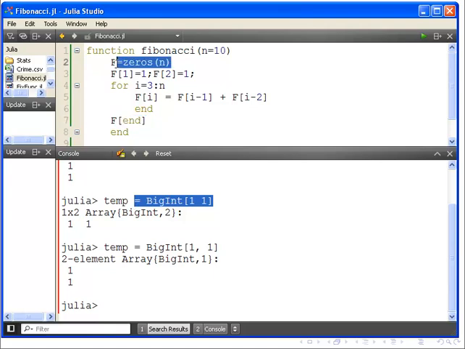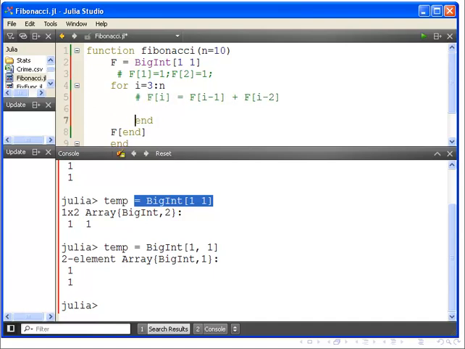So we're going to set up f as big int 1 and 1. Now we don't have the initial conditions already, so we're going to copy. I'll just comment this line out: f of 1 equals 1 and f of 2 equals 1, because we don't really need it anymore. Now the next thing we're going to do is use the push command to update f. So I'm going to comment out this line here as well. And what we're going to do is push